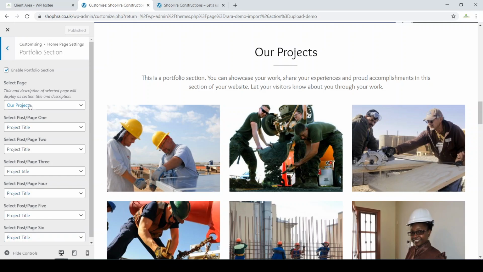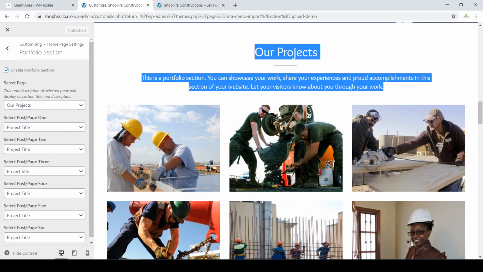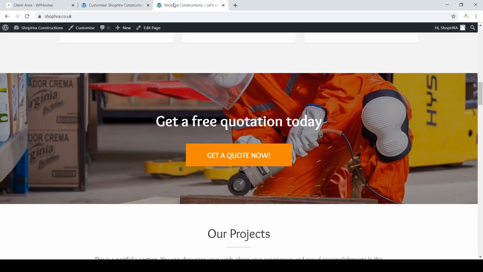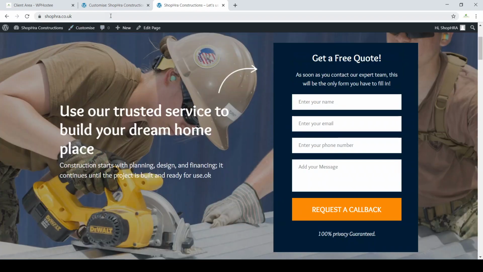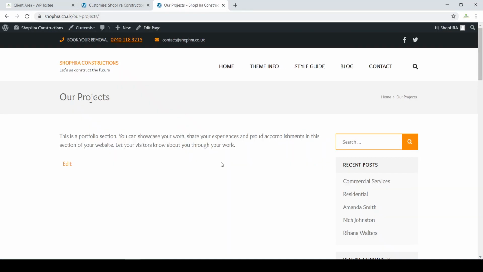So we're gonna target this page because this is our page we want to change. We want to change the title and text here, and I'll show you how. You go back to the website and you type in here /our-projects and click enter. Once you've done that, you realize that we ended up on that page, and then click